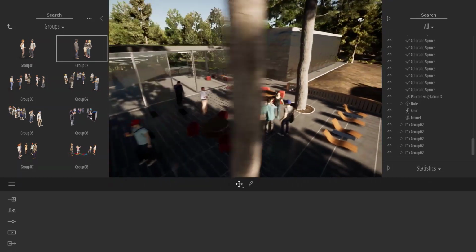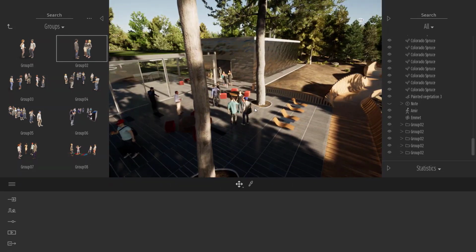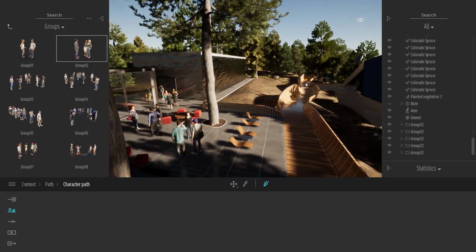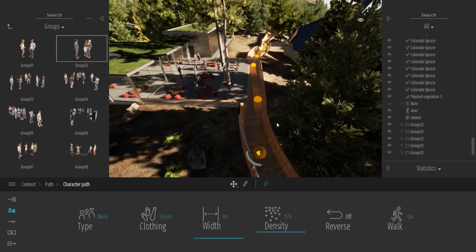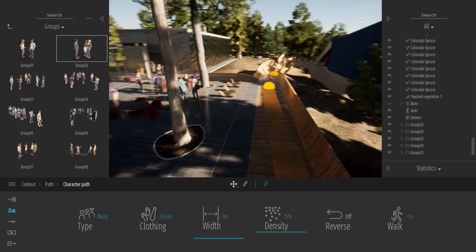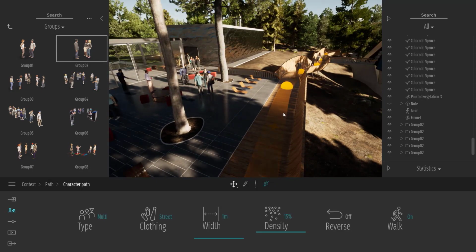Same thing, they are all in 3D, they are all animated, but if you want to make them walk, we have a tool specific for that. Welcome to my context, path, character path. I will select my pen here, and I will just basically start to create a spline. Once I release my tool, the character automatically starts to walk along the path. And it's that simple to create animation inside Twinmotion. It works for the characters, but also for the vehicle, the bicycle, and the custom paths allow you to animate pretty much everything from a plane taking off to just a boat riding on the water.